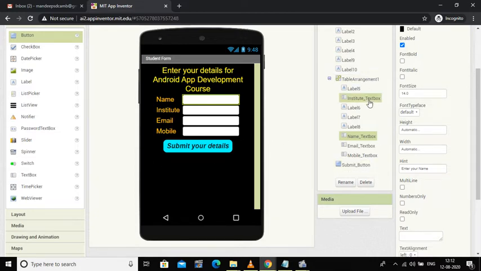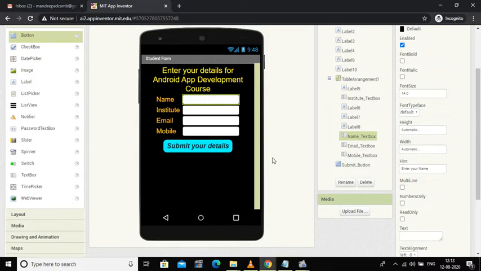I have renamed all the text boxes: name text box, institute text box, email text box, mobile text box. This is because when I'm going to do the programming part, I should be knowing which text box is used for name, which for institute, which for email, and which is going to be used for the mobile part.